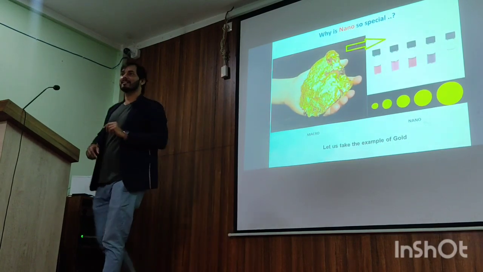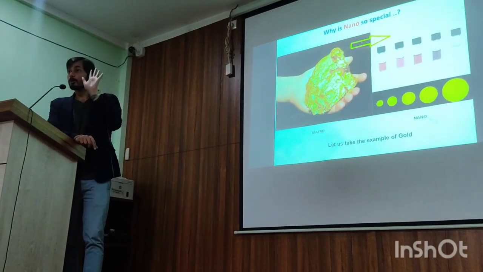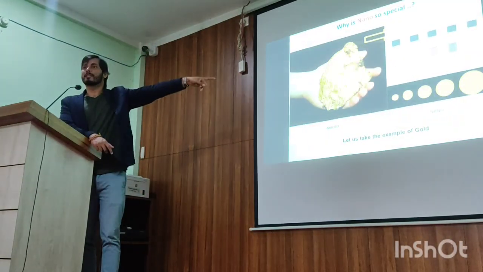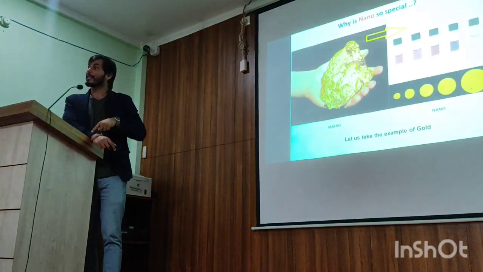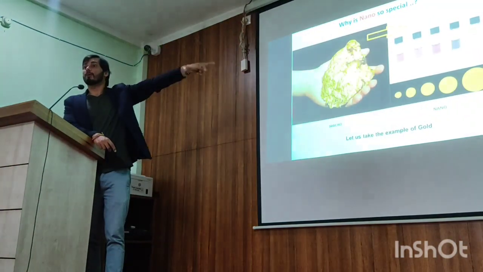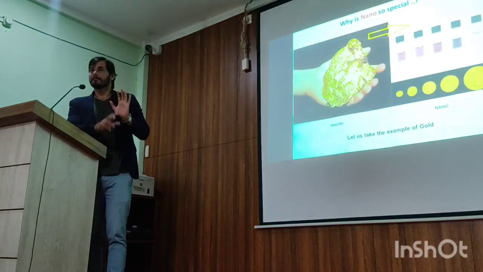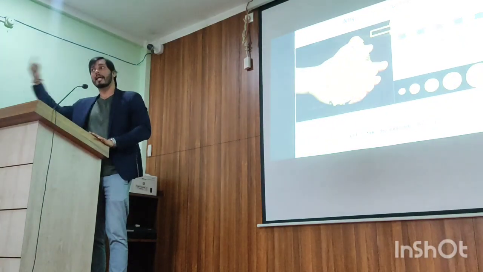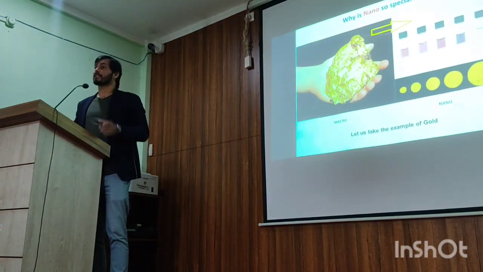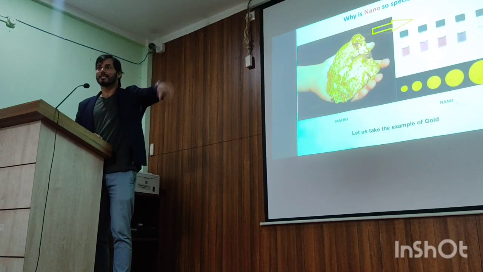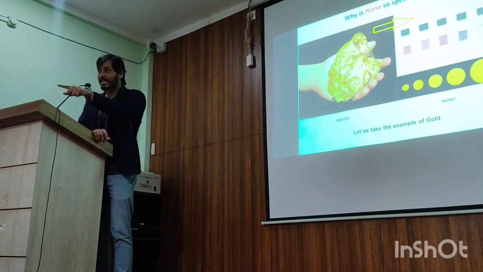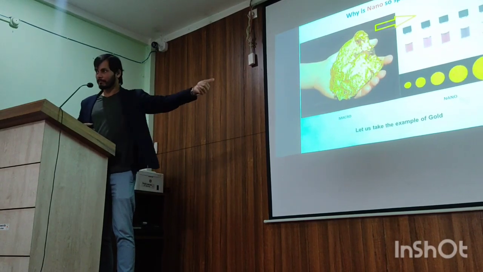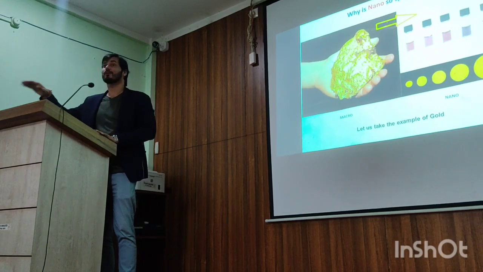there is a color change. So what did we understand? Gold at macro scale does not have any optical property, whereas the same gold, when taken to the nano world, its optical property changes. You see, the same material shows no exciting property in the macro world, but when taken to the nano world it shows many exciting properties. It happens to all materials: if you take a material to 10 to the -9 scale it will show some exciting properties. These can be anything: optical, electrical, or mechanical.